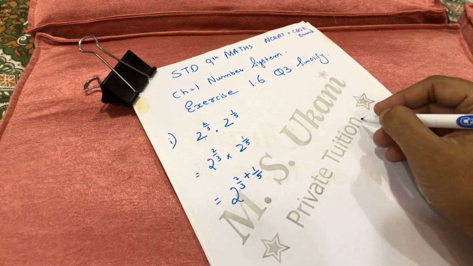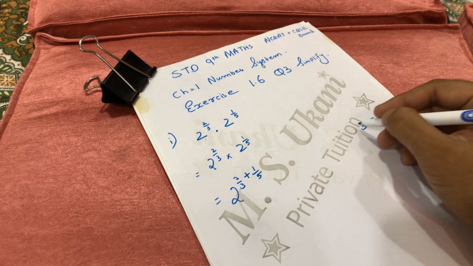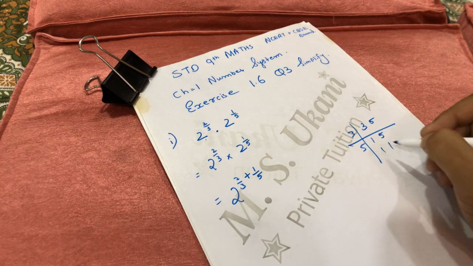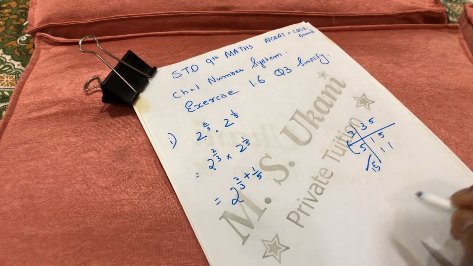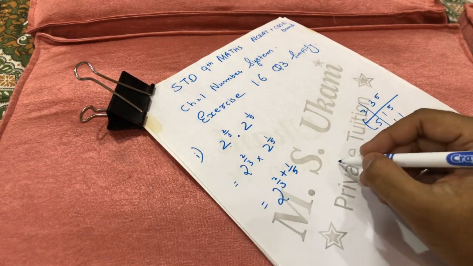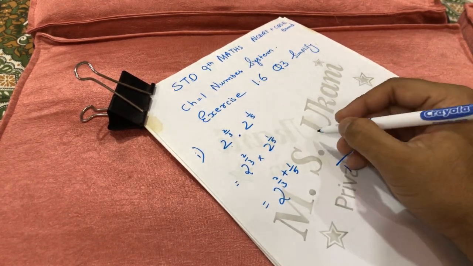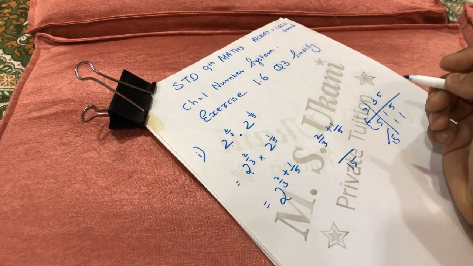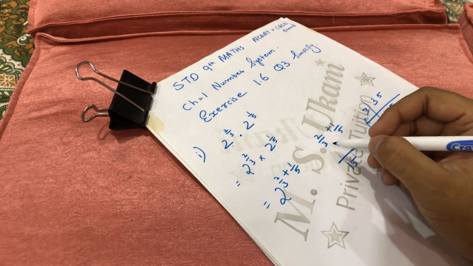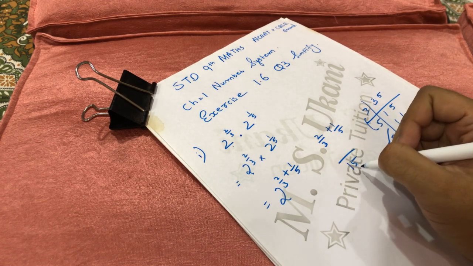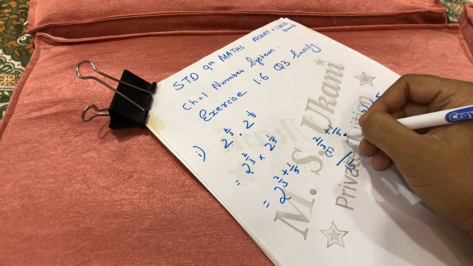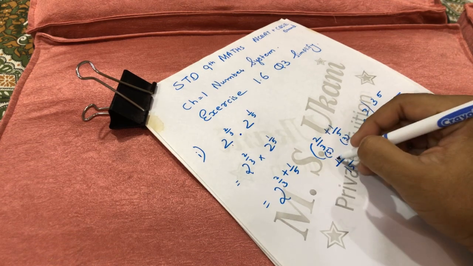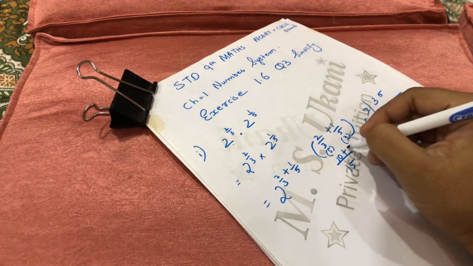Now as you know that the denominators are different, that means we will take the LCM. So here we will take out the LCM for 3 and 5. 3 ones are 3, 5 ones are 5, so 5 threes are 15. Our LCM will be 15. So here we will write 15, and our power is 2 raised to 3 plus 1 upon 5. We ask in the table of 3, when does 15 come? 5 threes are 15, and in the table of 5, 3 fives are 15. So we will multiply: 5 twos are 10 plus 3 ones are 3.